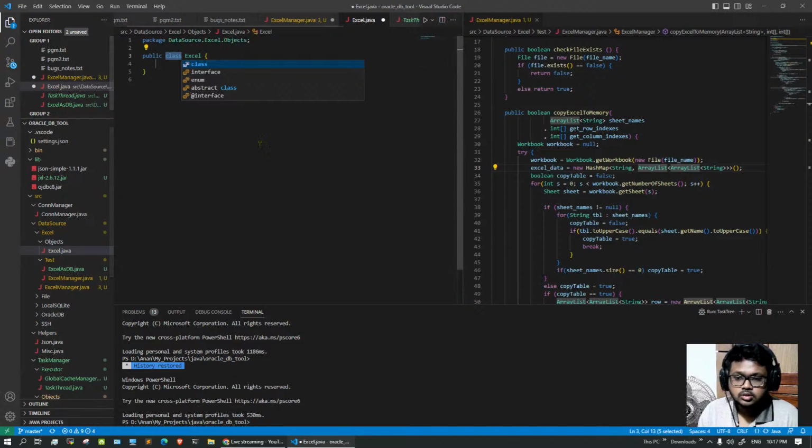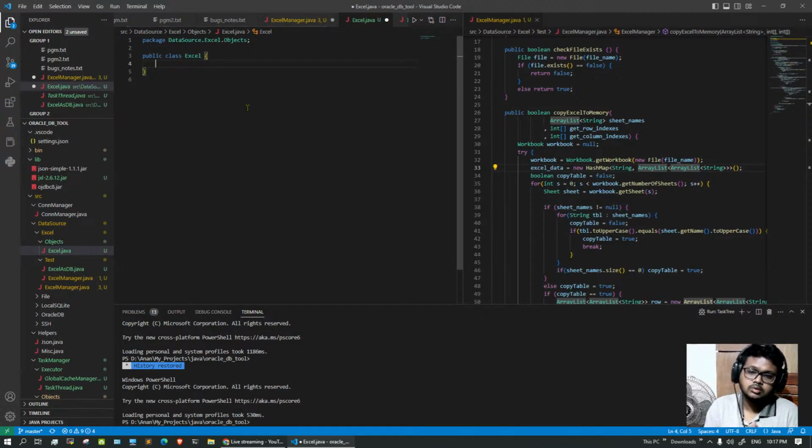That's a public class. An Excel should have a couple of properties. I don't know how many rows and columns there will be, but it should have